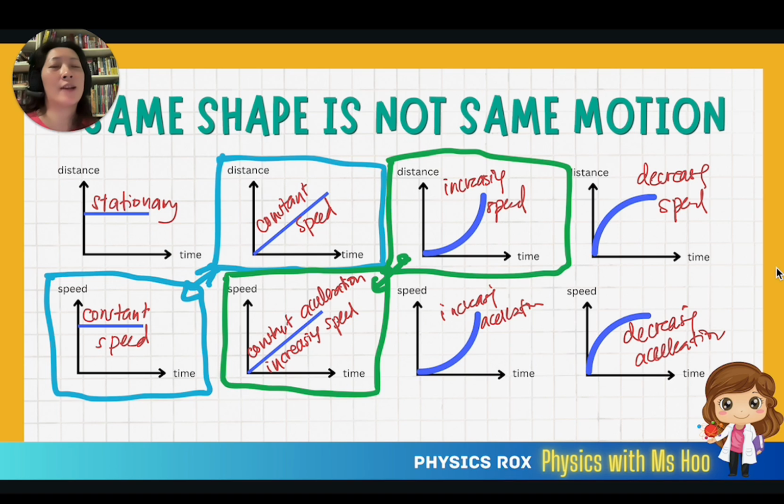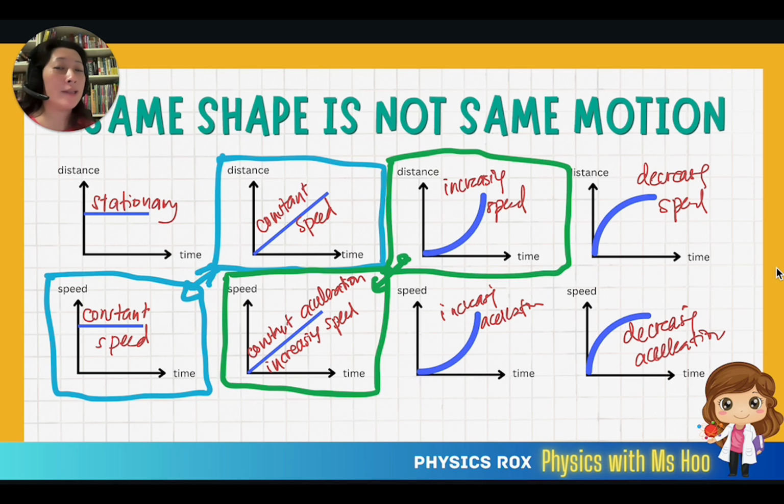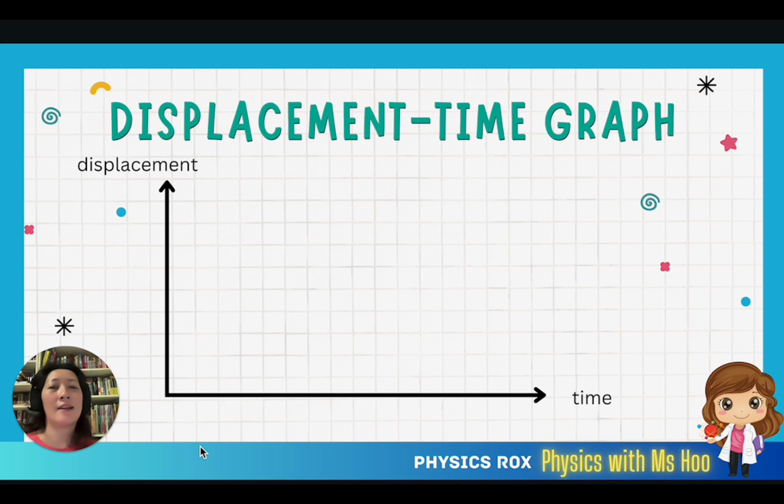So now let's move on to the next part of this lesson, where we'll be focusing on the vector quantities of displacement, velocity, and acceleration. Now that we know that gradient and area under the graph can represent additional values, and we know same shape does not necessarily mean the same motion, we can move this section a little bit faster. So just a quick introduction to displacement time graphs. A displacement time graph shows us the displacement of the object related to the starting point. So for example, if this is the ground, this is the object,